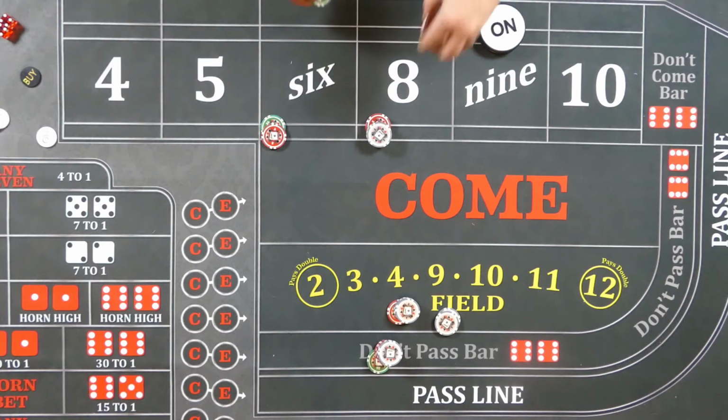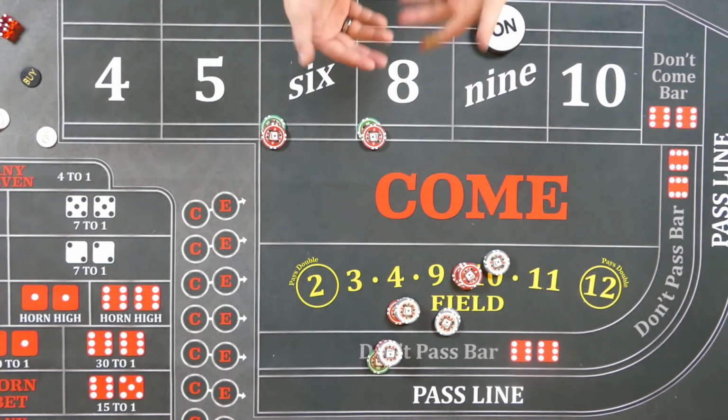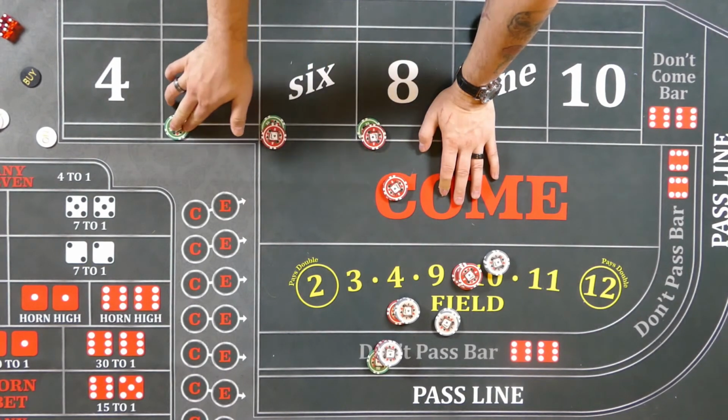So if the 6 were to roll, then I would say, you know what, make my 8 look like 30, and I would take the rest. If the 8 were to have rolled, I would just go straight up to 30. Now, anything rolls, I take a small profit of $10